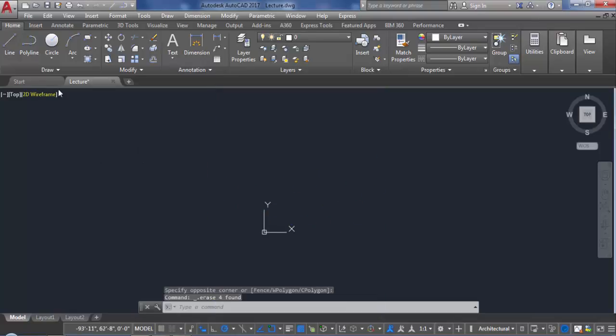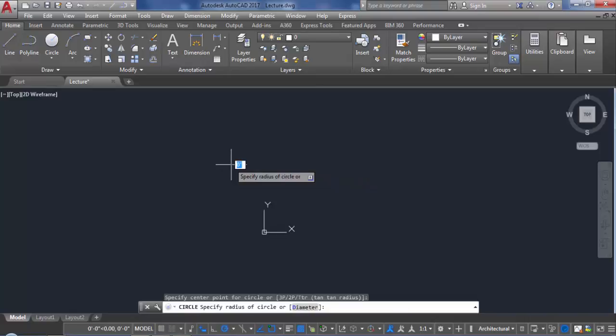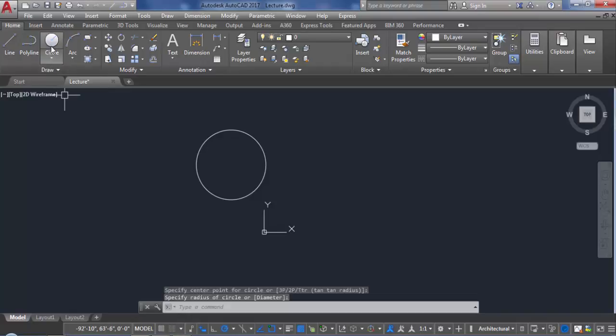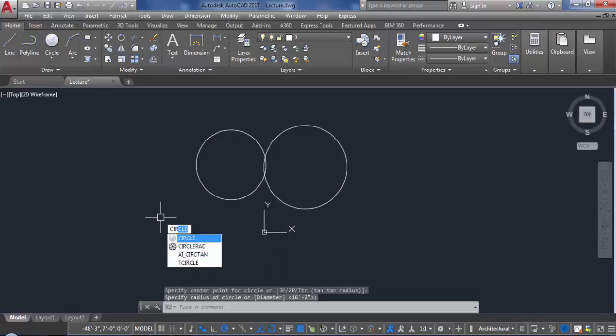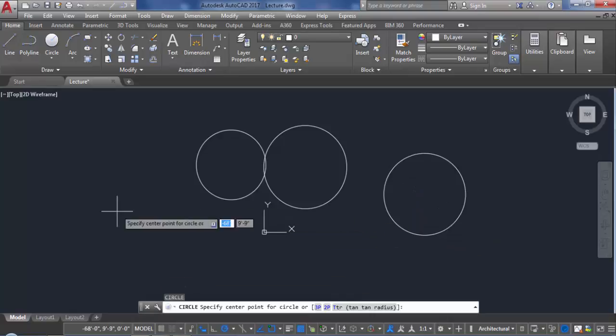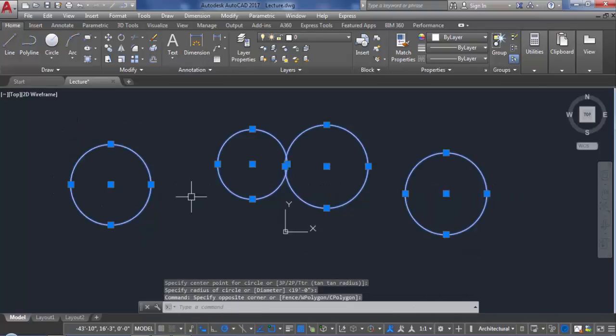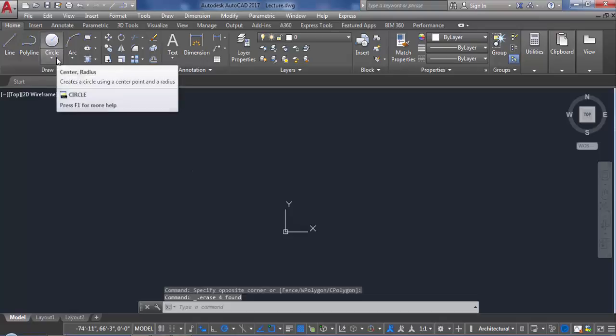Now moving on to our circles. When you are drawing a circle, you have to specify the center point and then the radius or diameter of the circle. This way I can draw the diameter of the circle, how much bigger the circle you want, or I can use the circle command, and the shortcut for the circle command is simply C. Then after we are done with circles, we have got this